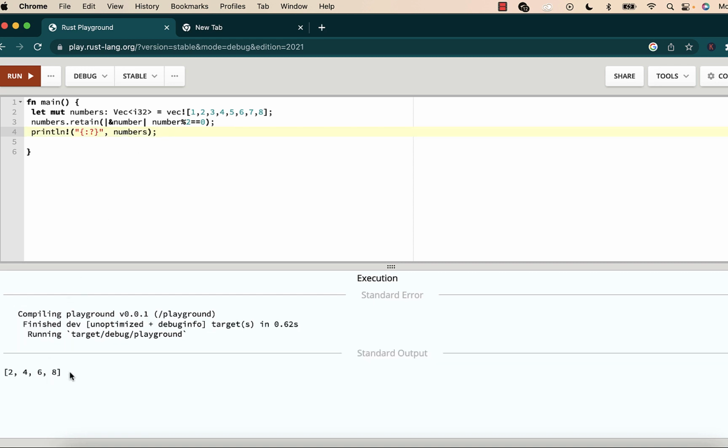Alright, so we have just the even numbers here, as you can see. Okay, I think I'm going to show you one more thing before we go. So we can choose not to use this closure and use a separate function. So let's say we use something like fn get_even,